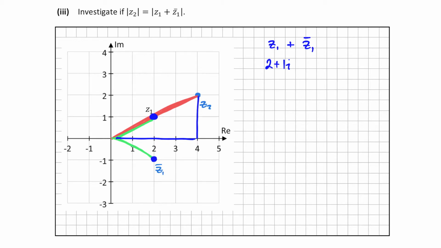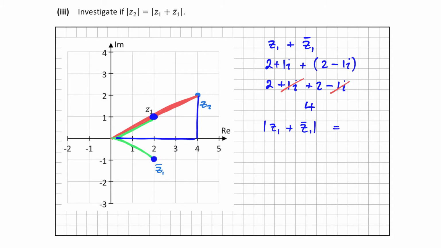Z2 was 2 minus i. So I'm going to add to that 2 minus 1i. Okay, so that will turn into 2 plus 1i plus 2 minus 1i. And we can see there the i's will cancel and I'll be left with the number 4, because 2 plus 2 is 4. So I now need to get the modulus of Z1 plus the conjugate of Z1,